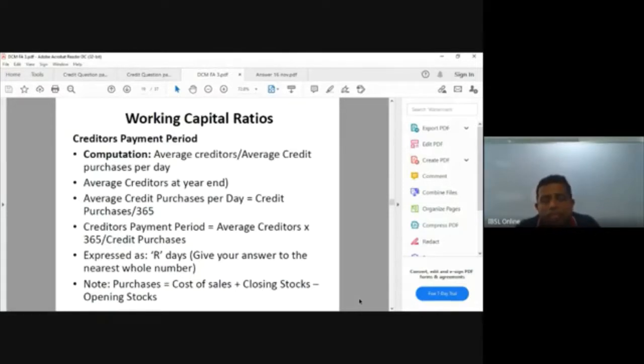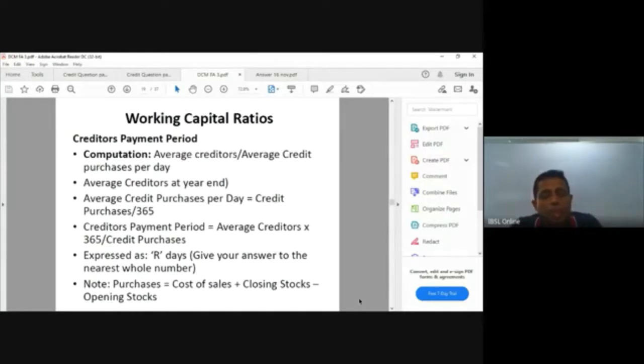That's why I said the creditors payment period should be within an acceptable level. If it is high because of the entity's bargaining power to get more credit period, then it is fine. But if it is high because of financial difficulties in repaying the creditors, then you have to find a